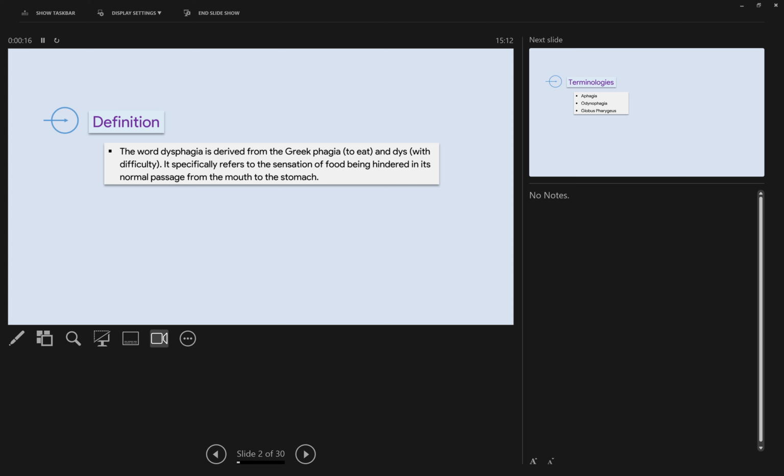So we'll be discussing about the dysphagia, approach to dysphagia. The word dysphagia is derived from the Greek word phagia, which means to eat, and the dys which means